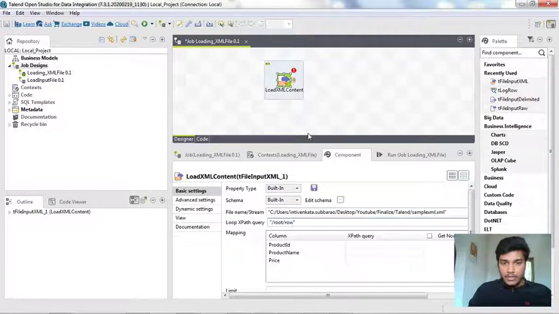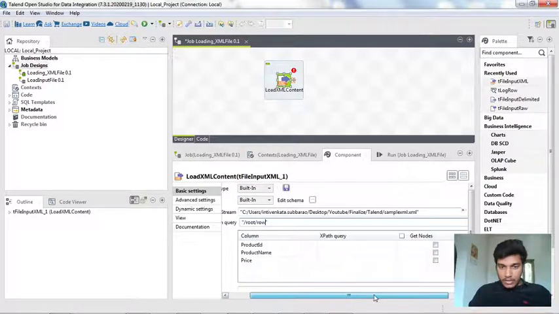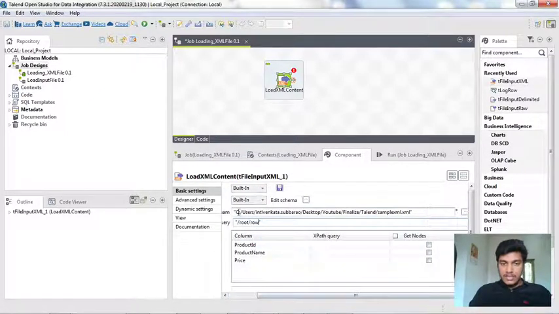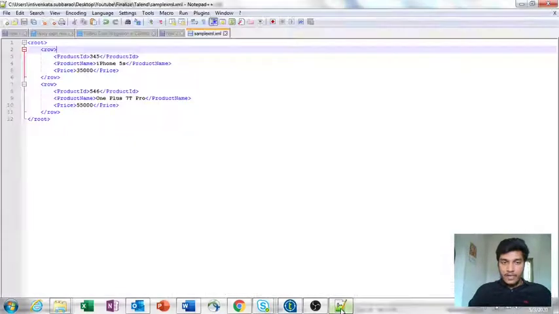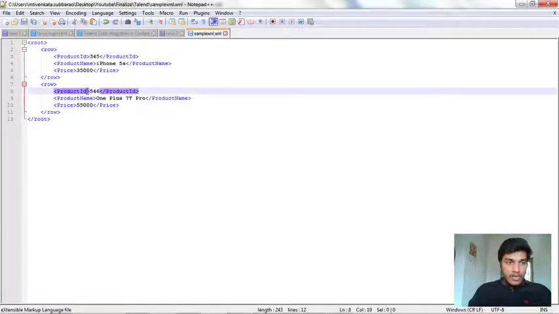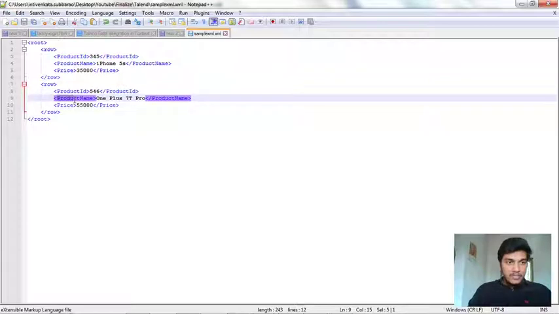Okay. Once you are done with the schema, the mapping table will retrieve all the column values which are present in the table, like the editor schema. These are the columns that are present in the schema. So we need to configure the XPath query. Whatever values are present in the XML file that we have here, the column values are product ID, product name, as well as price.